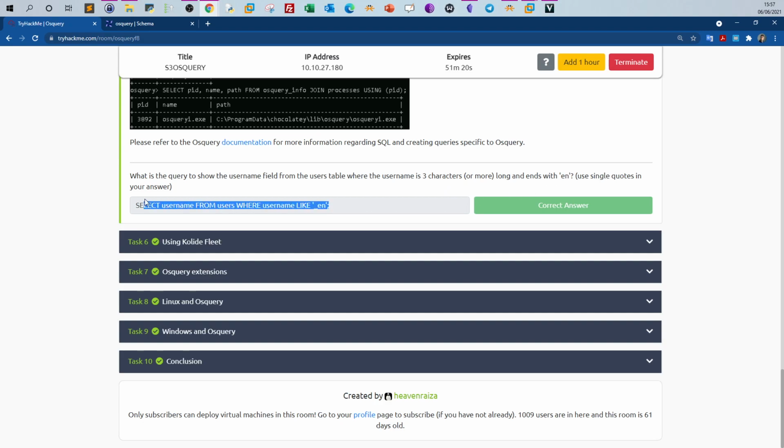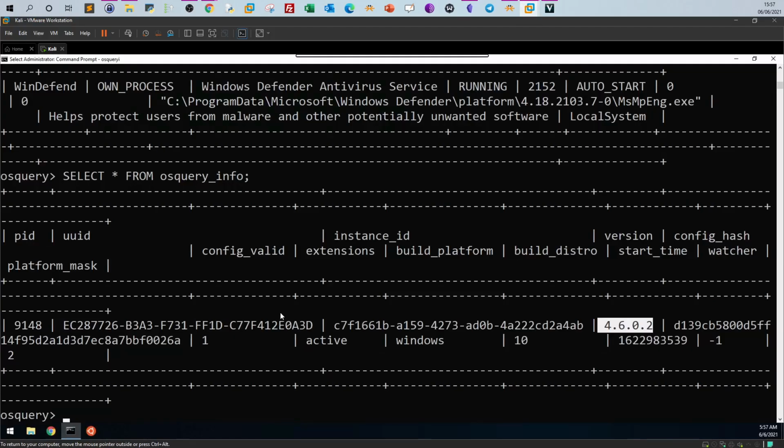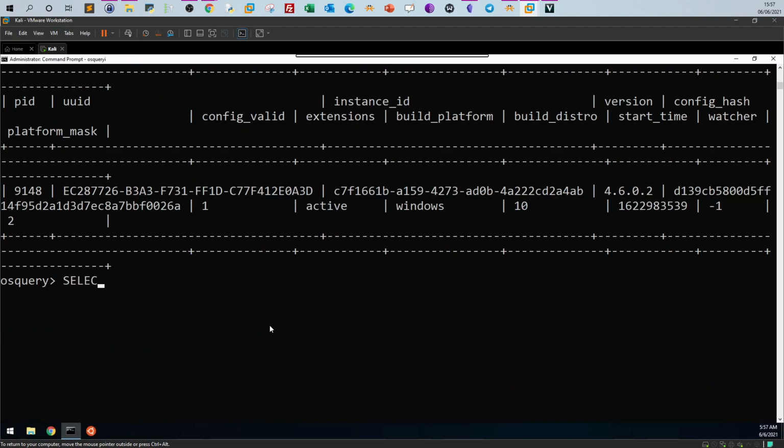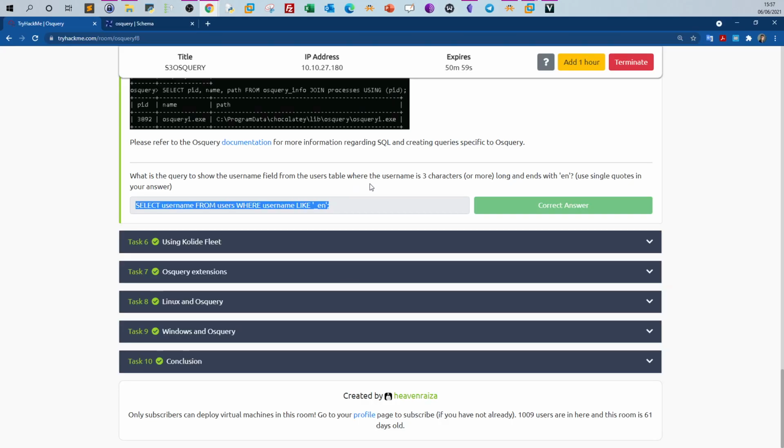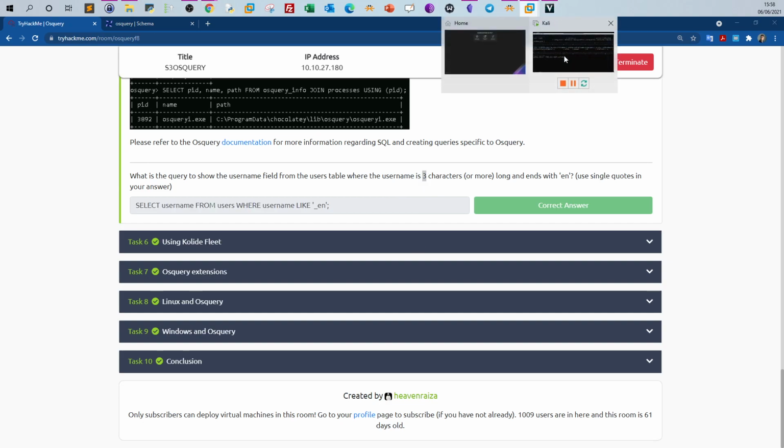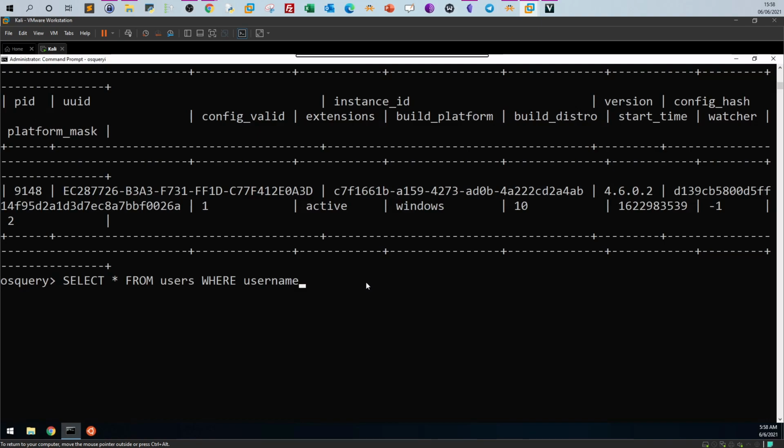So to be honest, this is the command that got accepted as a right answer, but actually I don't think it is the right command. Let me tell you why. So if you get back here and type select from users where username, the first criteria is the username is 3 characters or more. So we have to find the length of the username field. By finding the length, we will get a number, and the number can be compared against 3. So in SQL, that can be found by where length(username)